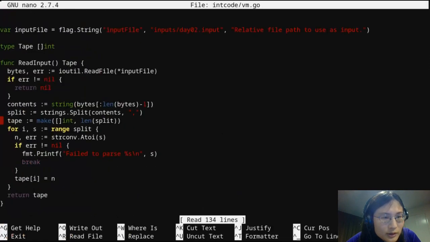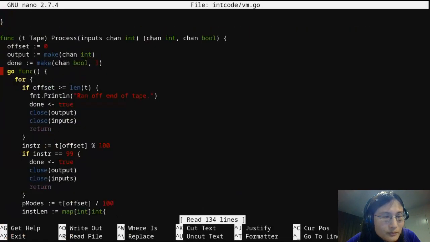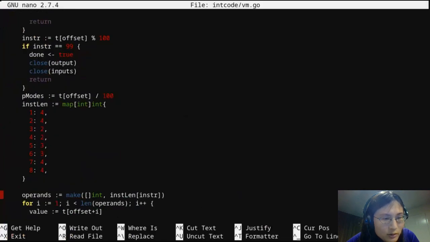Let's go look at this code now. It's generating a new done channel every time. Done correctly. Sets done before closing inputs. That should be fine.